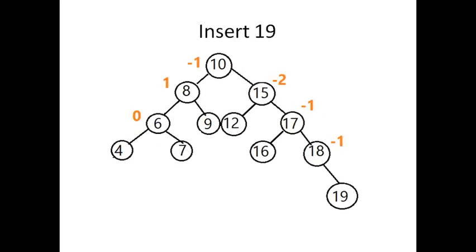Again, another example: insert 19 into this. So check whether it is now balanced. It's not balanced, you can see that at this node it is not balanced. And what type of problem is it? It is a right of right problem. It's again a simple problem.